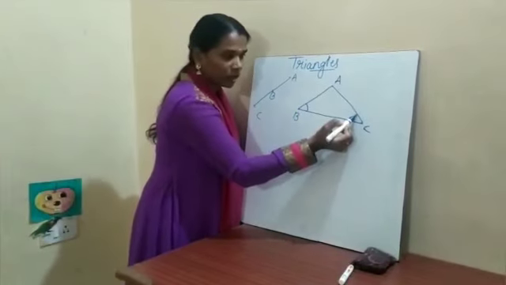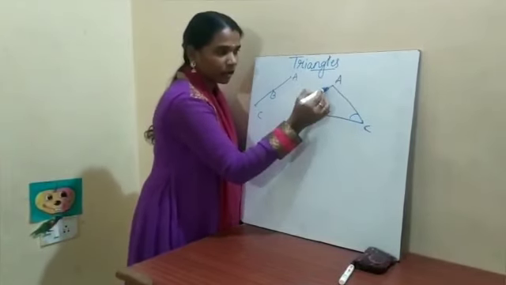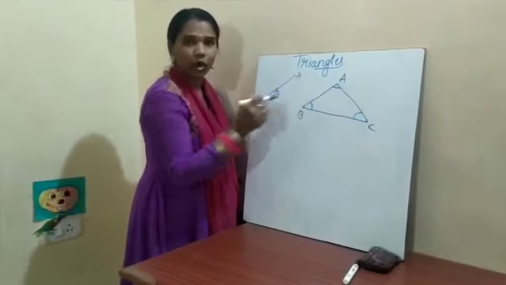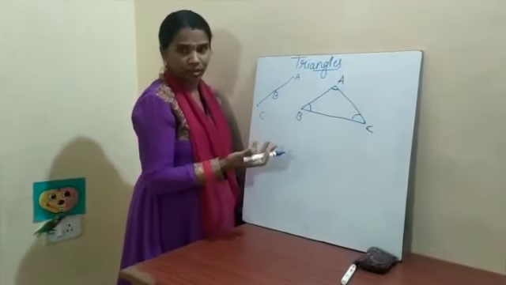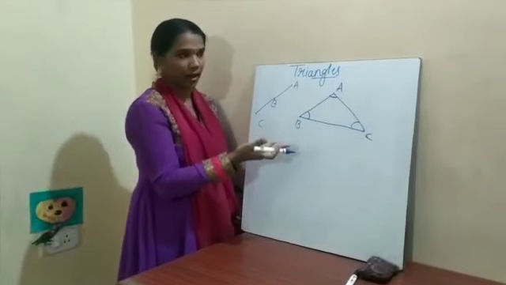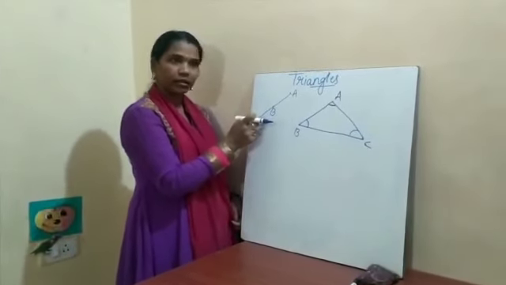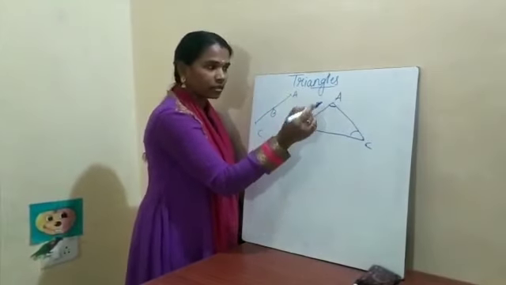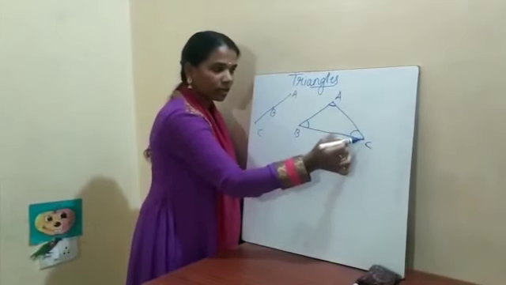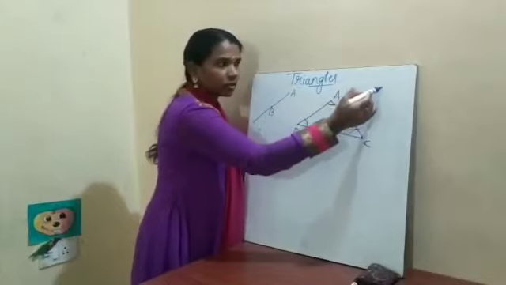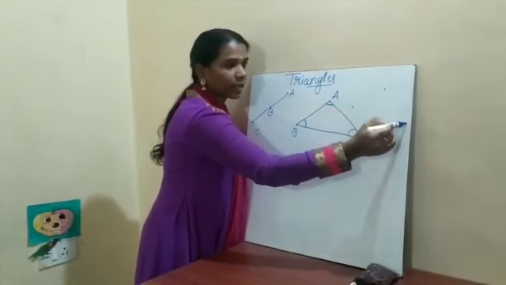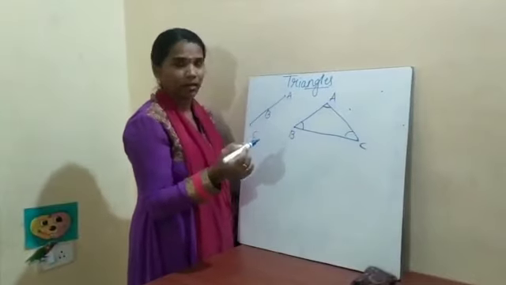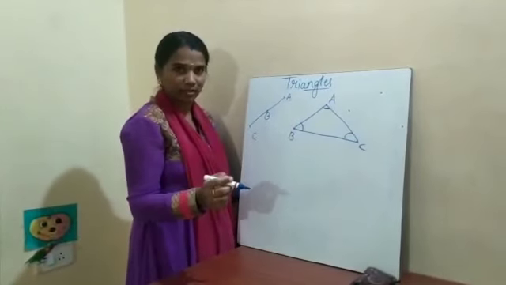Now here also an angle is formed, and here also an angle is formed. So I have got 3 angles. That means I have got a triangle. Then what is the definition? How did I get this triangle? Did I get a triangle when I joined these 3 points in the earlier way? No. I got a triangle when I joined these points A, B, C in this way, that is, the points which are not in the same line. The points which are not in the same line are called non-collinear points.